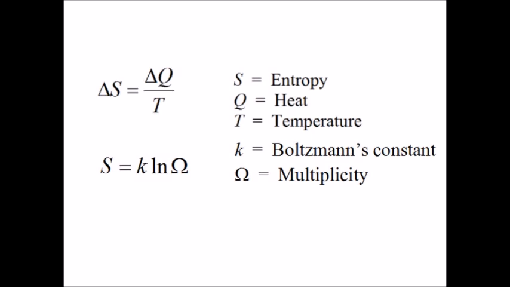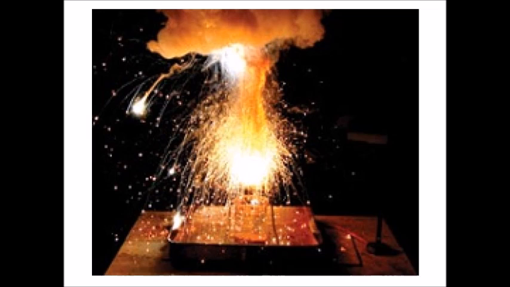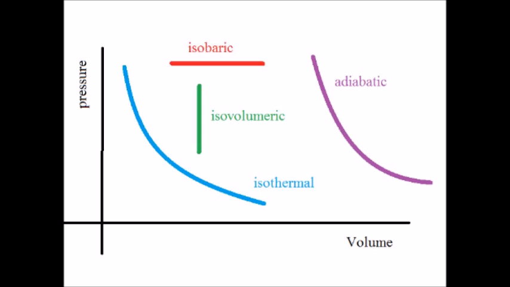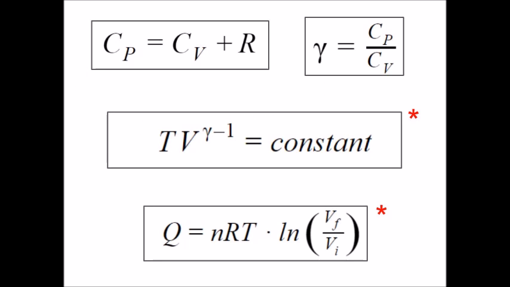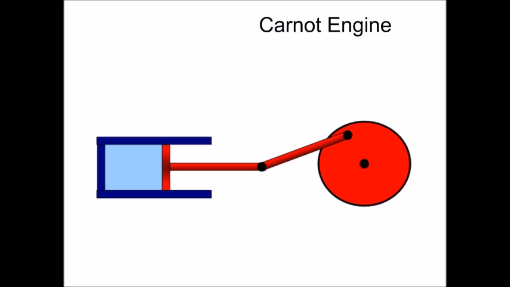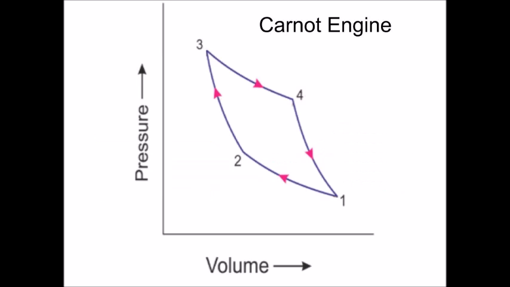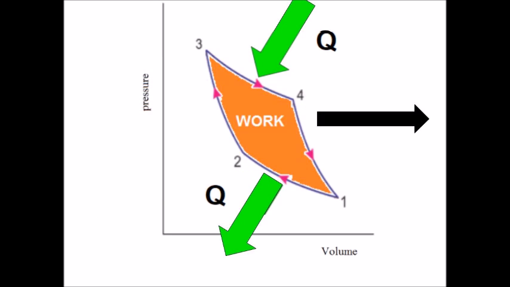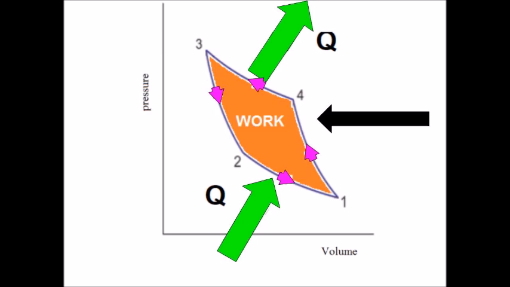Entropy helps us explain spontaneous reactions, why nature moves in a preferred direction, why heat flows from hot to cold, and we approach these things using the ideal gas processes and equations and an idealized engine that moves through 4 stages. 2 of them isothermal, 2 of them adiabatic. Go clockwise and you are using the flow of heat, hot to cold, to do work, like a water wheel moves with flowing water. But Carnot's engine is reversible. Go counterclockwise and you are a heat pump, using an external energy source to move heat from cold to hot.